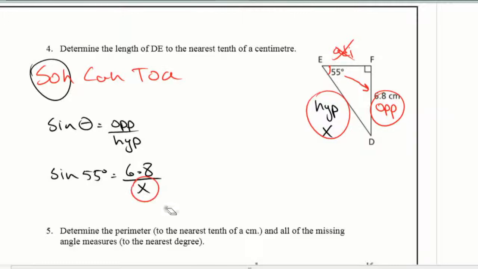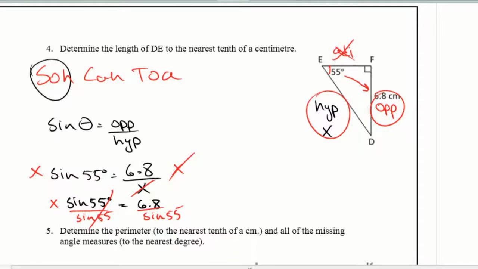So I have this X on the bottom. I want to get rid of it, so I'm going to multiply both sides by X, which is essentially going to move it from the right side to the left side. So I have X times the sine of 55 degrees is equal to 6.8. Now to get X by itself, I'm going to divide both sides by sine of 55. It's going to get rid of it on the left side. Continue up here. X is equal to